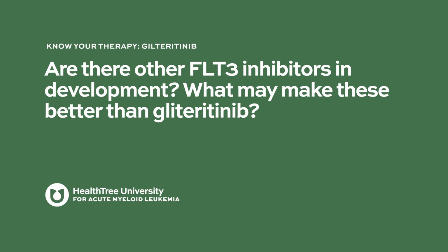Are there other FLT3 inhibitors in development? What may make these better than gilteritinib? FLT3 is one of the three most common mutations that are found in acute myeloid leukemia and are part of leukemogenesis. And so it makes sense that multiple inhibitors have been developed that target FLT3 and, in general, have shown